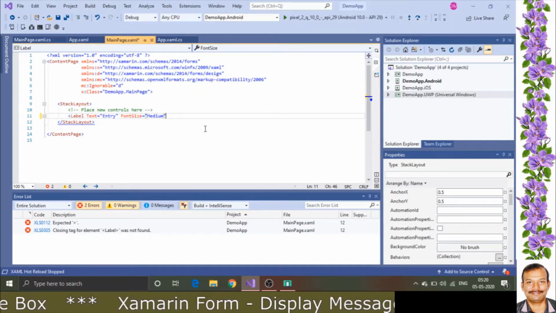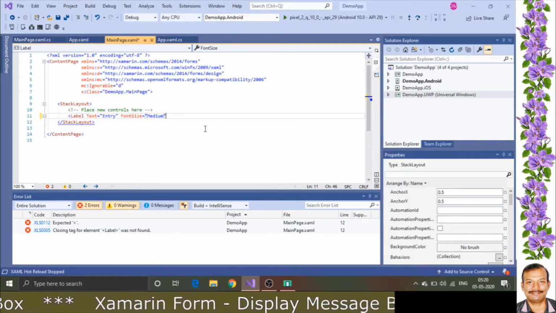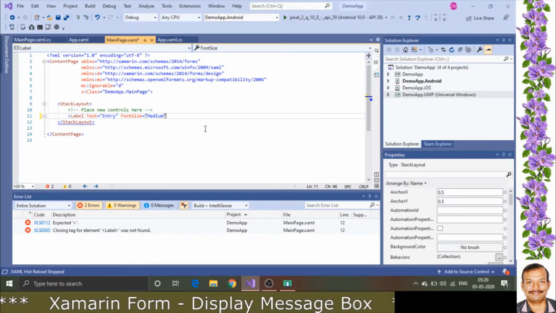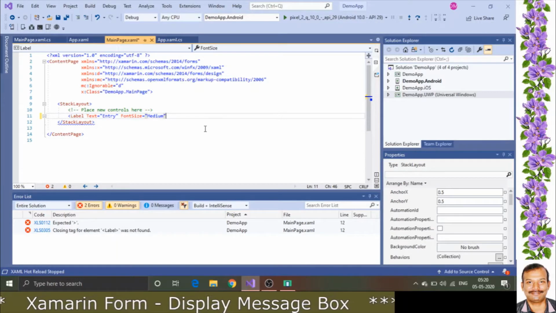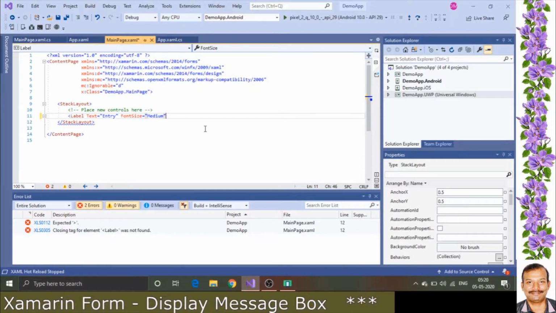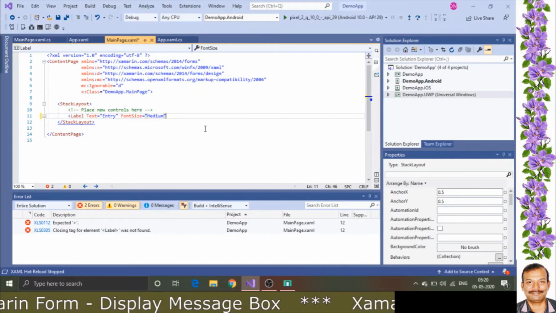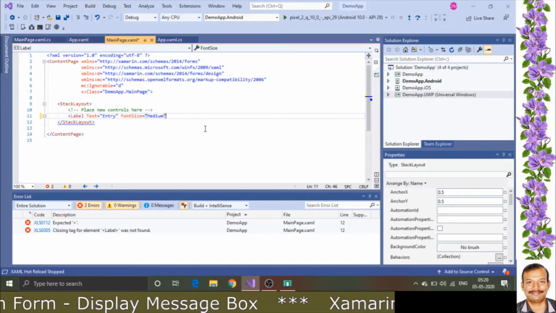If you give the standard value, it will automatically adjust. Suppose you give something in standard pixels, then it will not adjust. That's why I recommend using the predefined font size. So this is the label, and we are going for the alignment, how it has to be aligned.